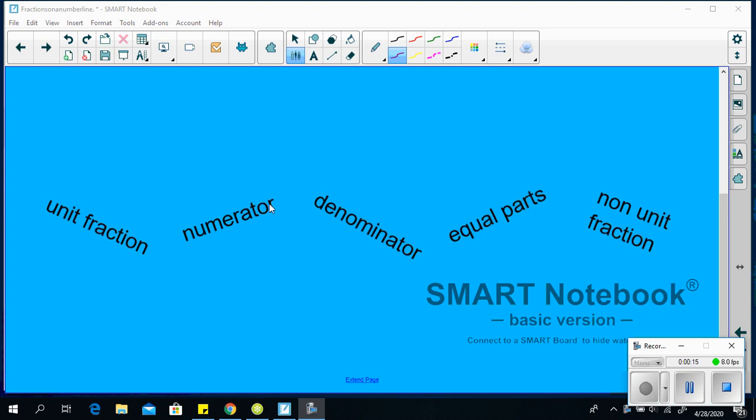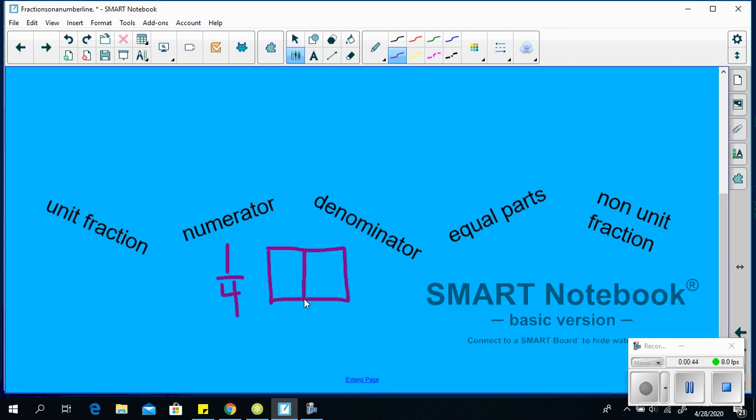Numerator refers to the top number of a fraction, that is how many parts out of the whole thing you are talking about. Denominator is the bottom number of a fraction that talks about how many parts the whole thing is broken into. So for example, if I have 1/4, and I have a picture here that shows 1/4,